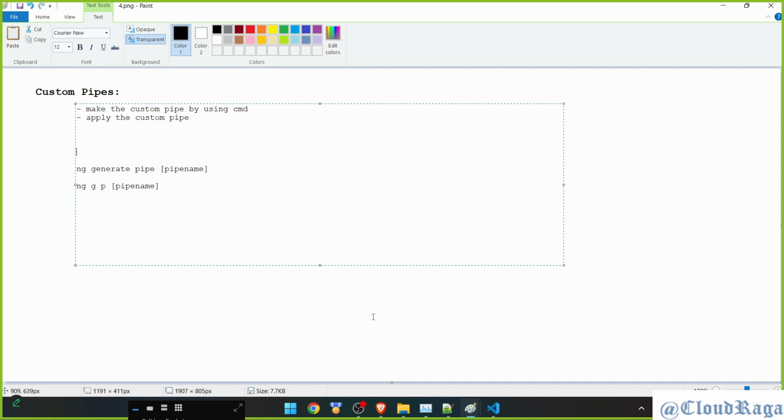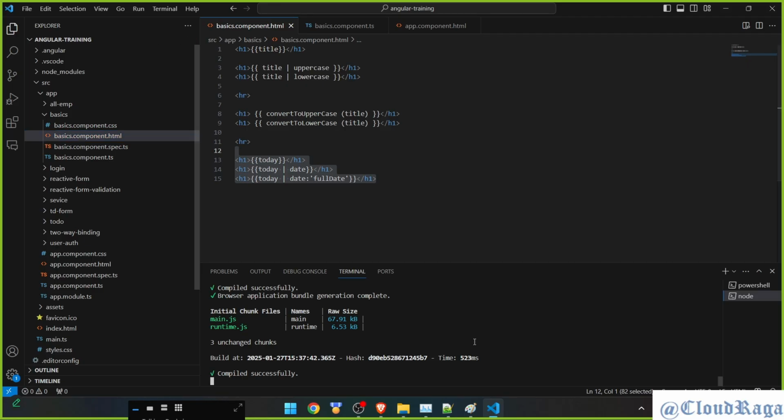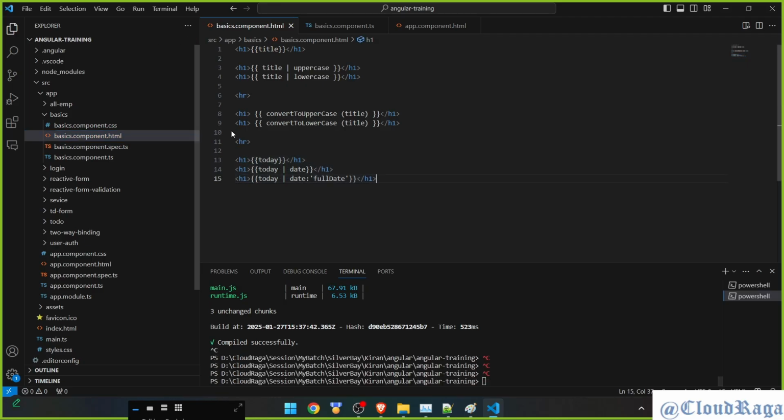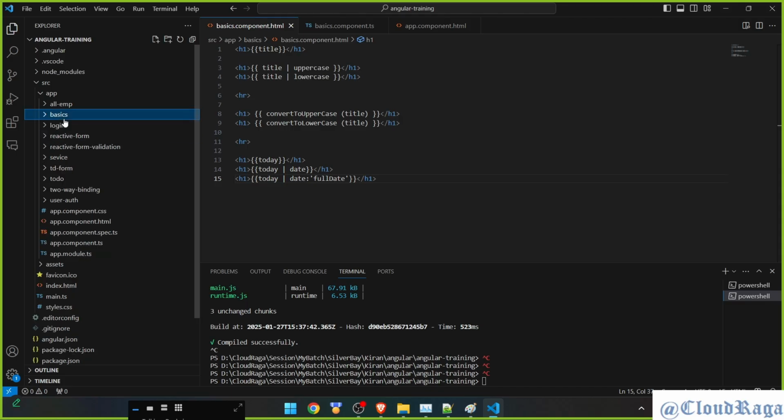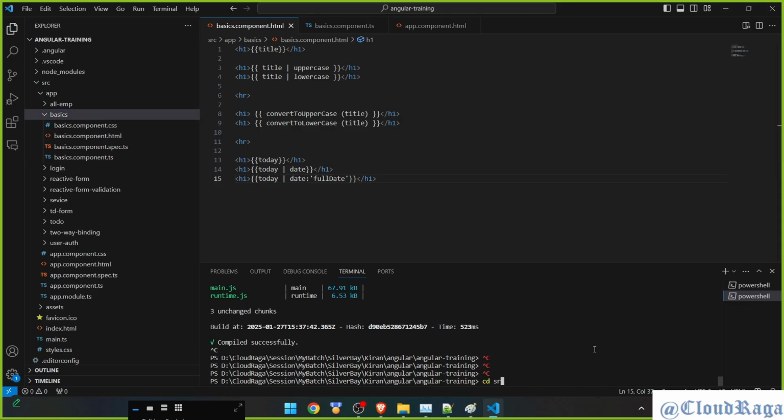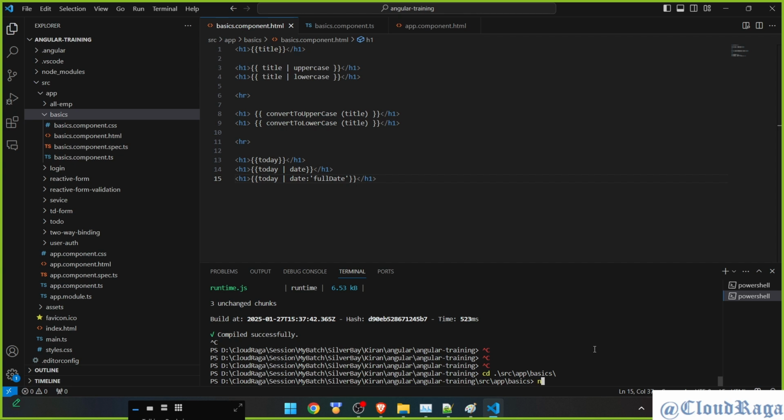Let's create this pipe in the project, stopping the Angular server, and I'll use the same page. I'll use this pipe on this page, but to create a pipe we have to run generate pipe, and it will create some new files. So I'll go inside this basics package, src, app, basics, and here I'll say ng generate pipe,